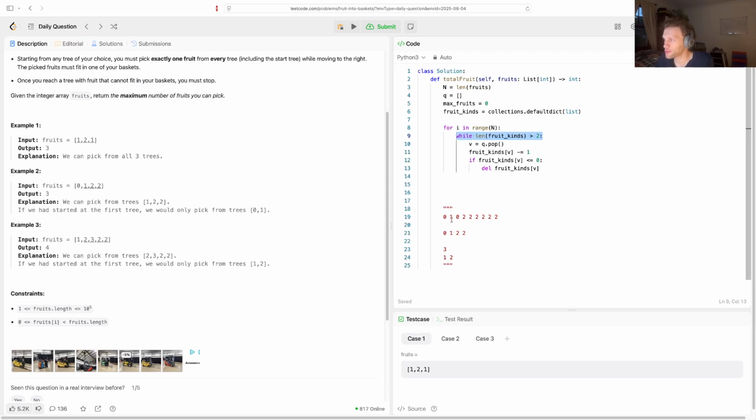And that's accounting for the case that if we have a 0, 1 here, and 0, 2, and we're like here, we don't want to move this 0 and this 0. We only want to move this 0. Then remove this 1. Okay. So we do have to account for the fact that